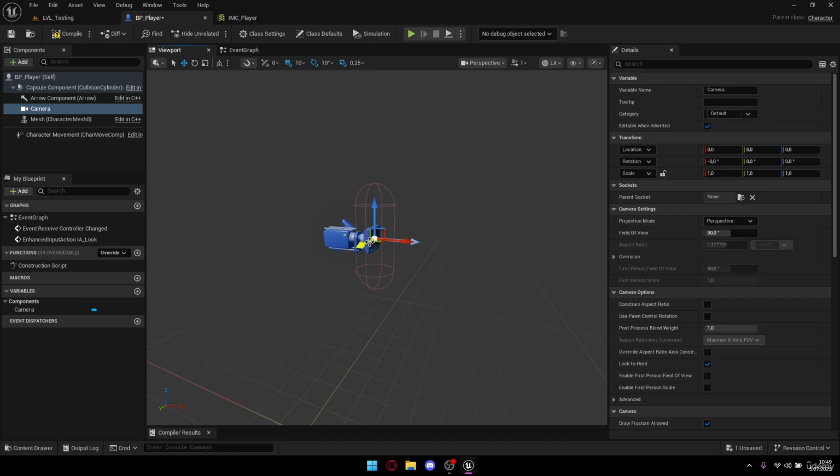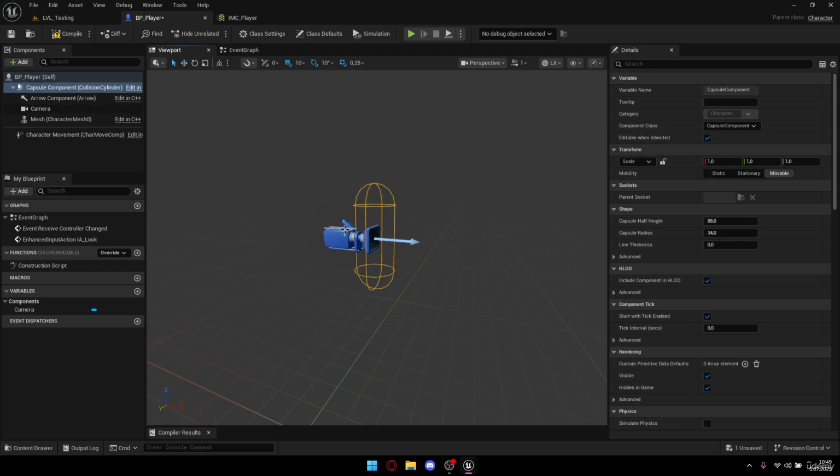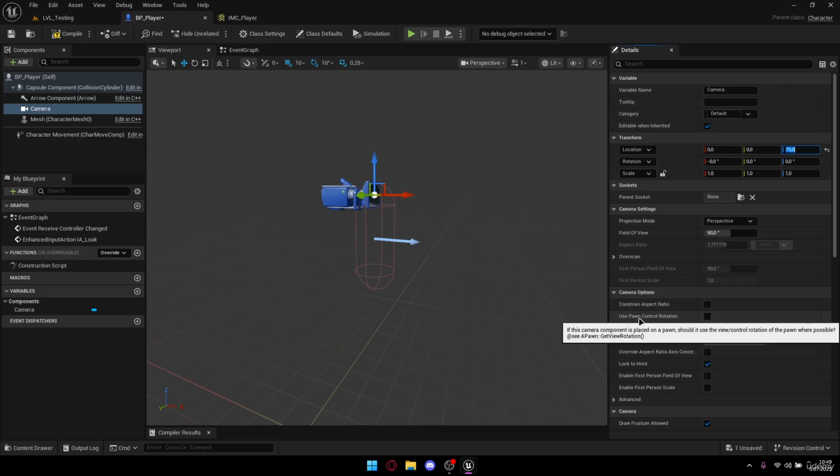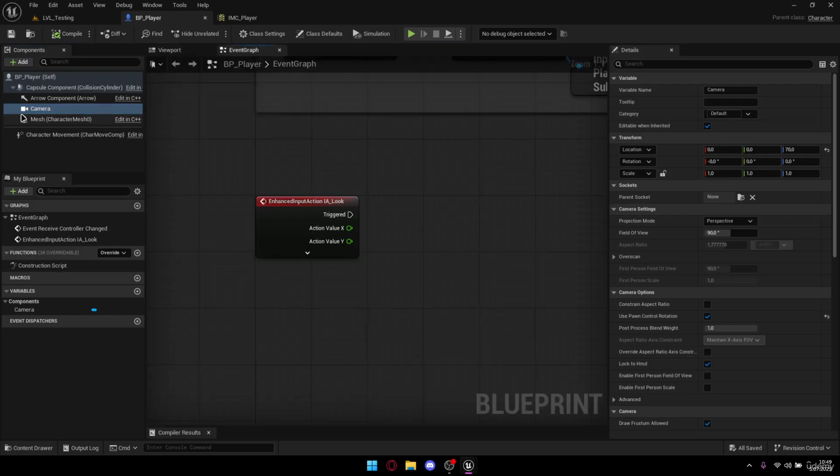So this is like a simplified model of our player. And this camera is definitely too low. This should be a bit higher. We can move it to like 70 maybe. Okay, so it is around our head. And there's also one important thing we need to check, and it's this use pawn control rotation. This will allow our camera to rotate our character. It will be really important later. So let's click compile, save, and let's go back to event graph